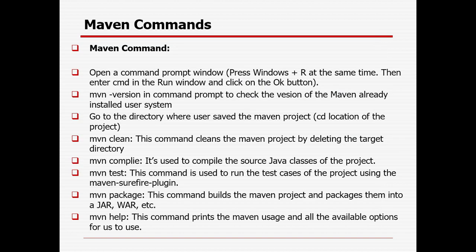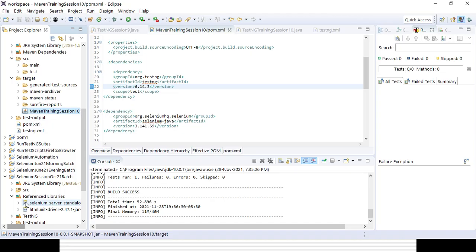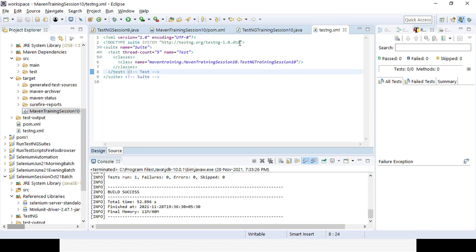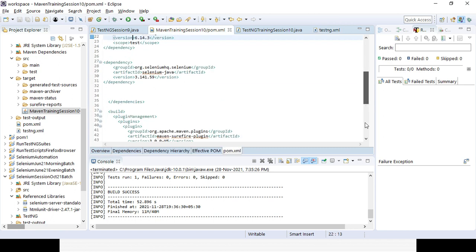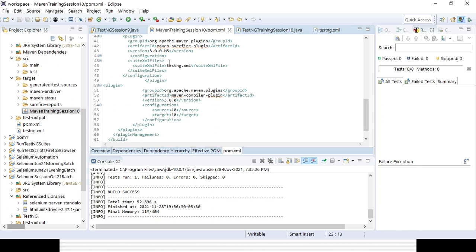Right. Based on the test engine configuration, right? So whatever configuration you are doing in the test engine XML file, it will be running, because whatever build we are driving, right? So here you could see this is the configuration we are giving it, test engine.xml file reference. Got it? So it is driving based on the configuration only. So in case you are adding more test case, you need to add in test engine XML file. So it is driving based on the test engine.xml file.